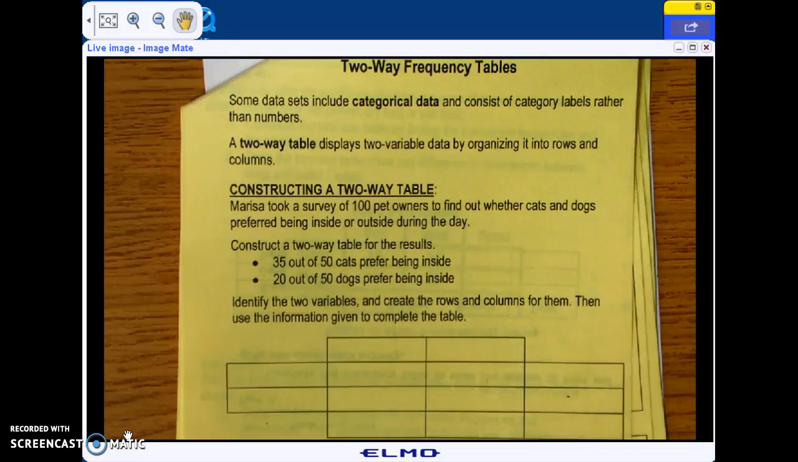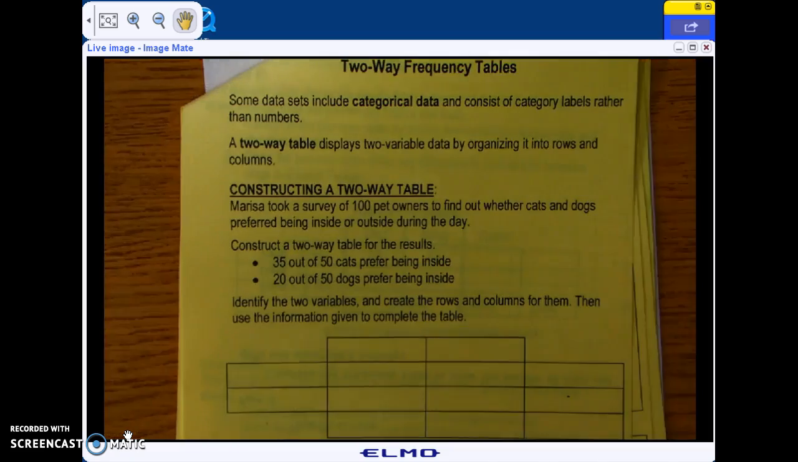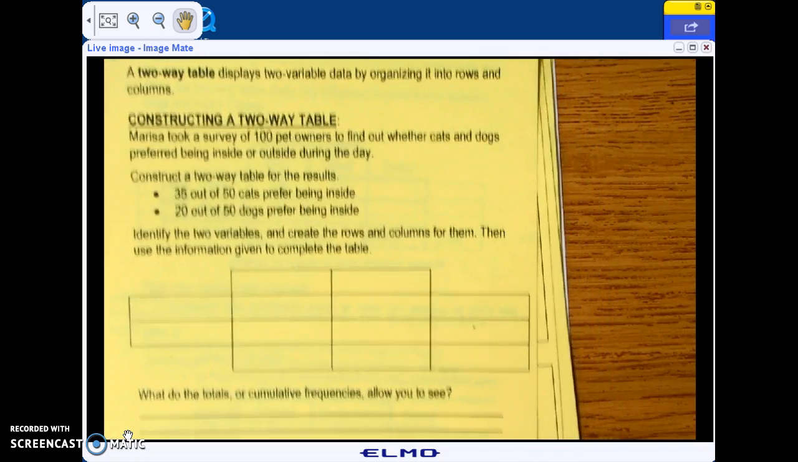Alright, we're going to talk about two-way frequency tables. Some data sets include categorical data and consist of category labels rather than numbers. A two-way table displays two variable data by organizing it into rows and columns. Constructing a two-way table. Marissa took a survey of 100 pet owners to find out whether cats and dogs preferred